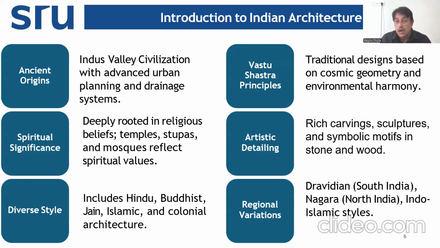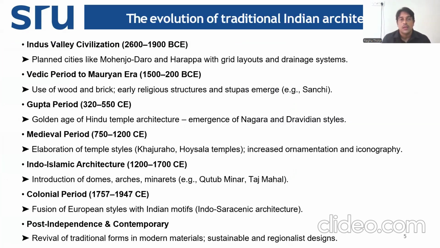And they had very good artistic value. They had many carvings, wood carvings and stone carvings, on a number of ancient monuments, which we are witnessing even in modern civilization. If you go to a temple, many beautiful carvings are there on the walls of the temple. So they gave utmost priority to artistic value. And regional variations were also there. Based on the region, the construction styles change: Dravidian style, Nagara style, Indo-Islamic style. It may change from one region to another within India. This is in brief about Indian architecture pertaining to ancient times.